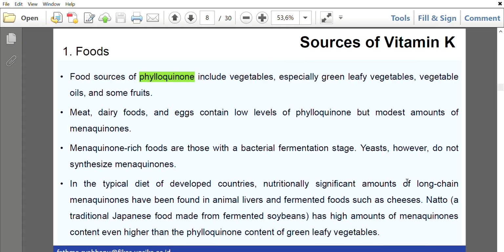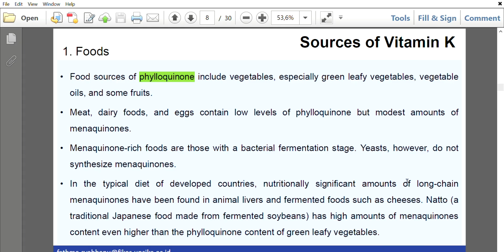For the menaquinone-rich foods, because of the bacterial action in the fermentation stage, like Bacillus subtilis, Bacteroides, lactobacillus, lactococcus, but not for yeast and fungi, because yeast don't synthesize menaquinone. So that's why Candida albicans and Saccharomyces cerevisiae, which belong to yeast, cannot synthesize